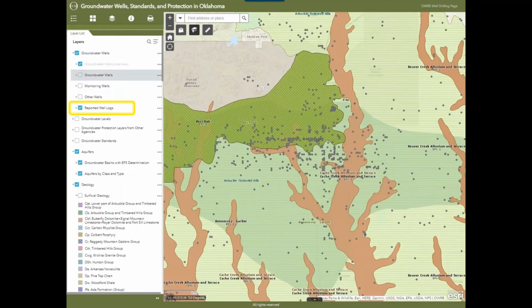So if I just say reported well logs, which means these are just the well logs that they have on file, doesn't matter what type, this is what's available. And that's important because if you can't find your own well log, you can zoom in, and if you're in one of these areas where there's a cluster, you may find three of your neighbors, and then you find out the same driller drilled all of these wells. That's someone you can contact if you don't have a log. And so again, it's about being investigative, if you will.